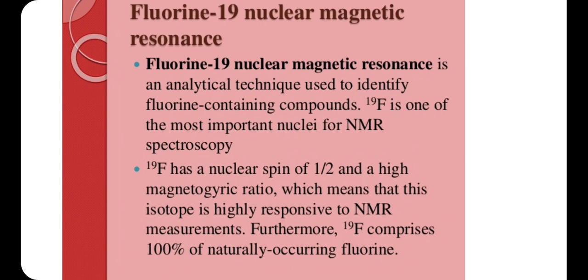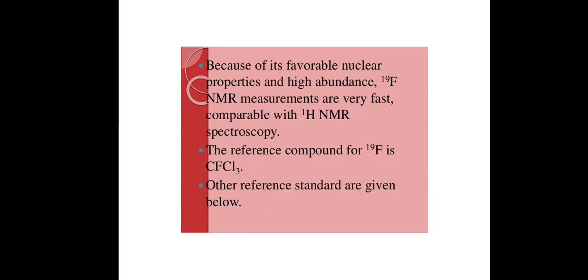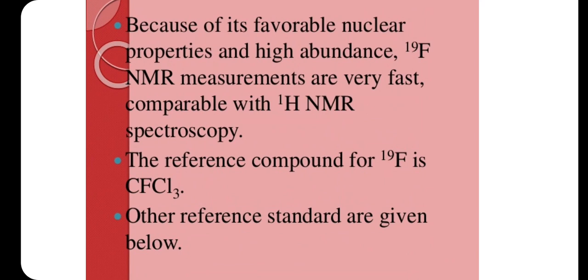Furthermore, F19 comprises 100% of naturally occurring fluorine. Because of its favorable nuclear properties and high abundance, F19 NMR measurements are very fast compared to proton NMR